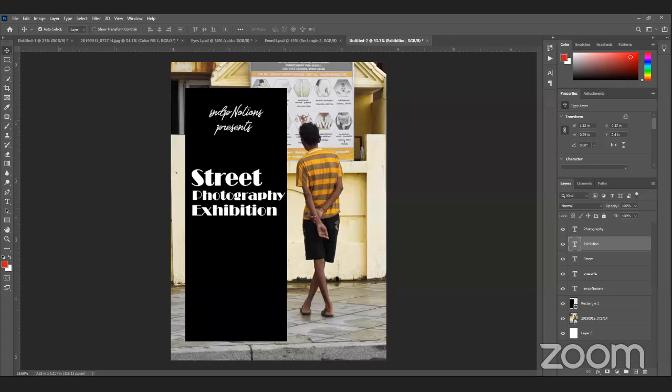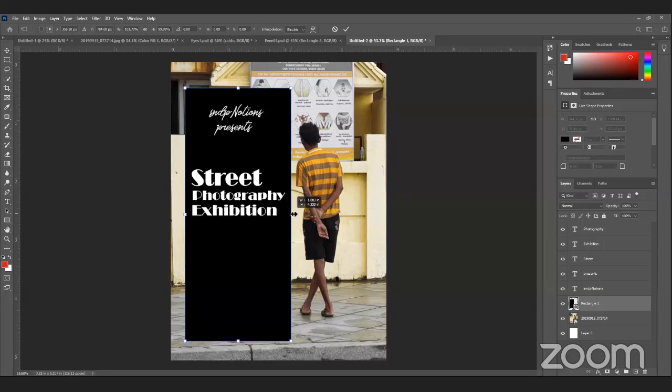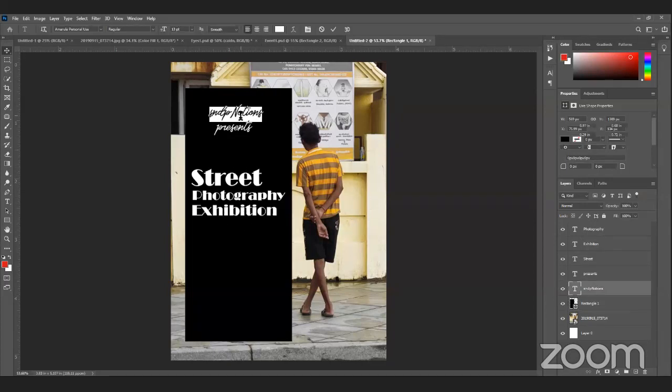I can see the gap is still not equal, so I can increase it a little bit more, and then I have it. It is very simple: just create text with a perfect font and a little bit of information. This is a little bit big.